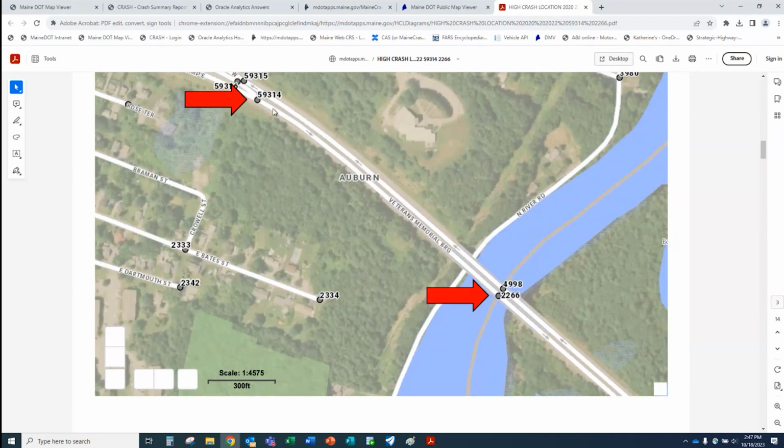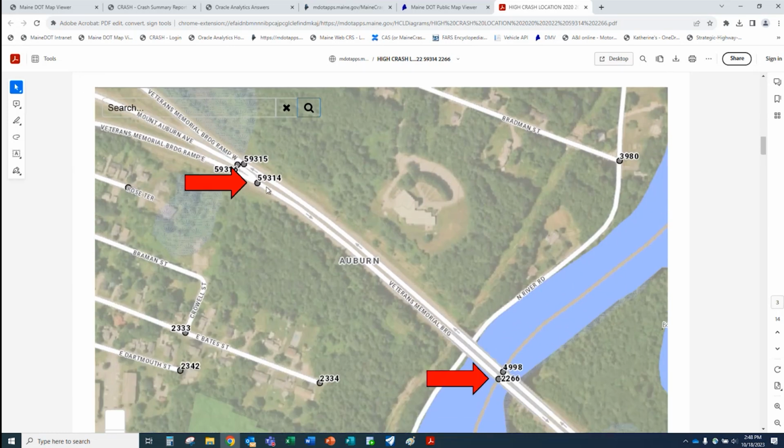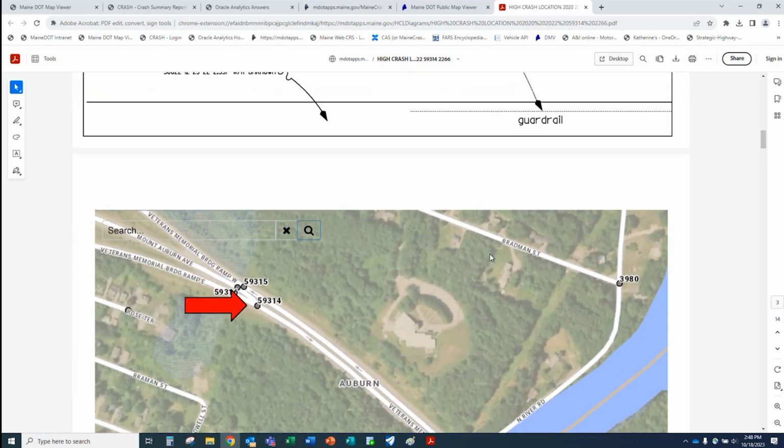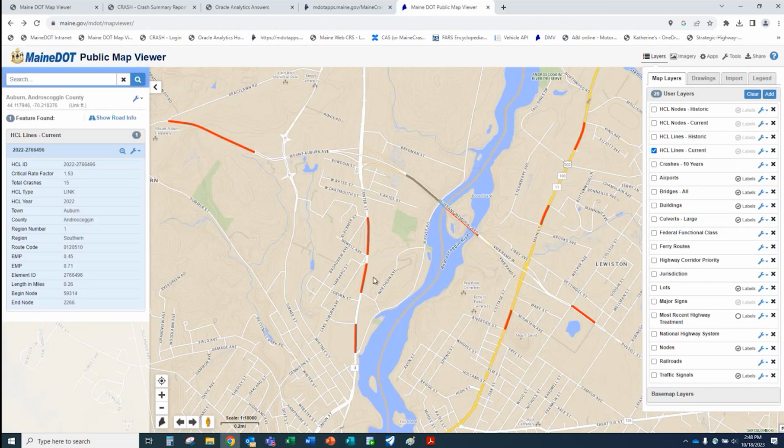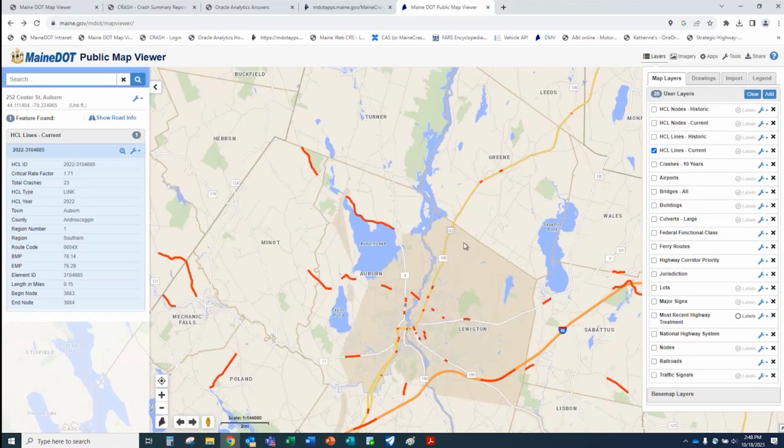And that's what I say when you get one, maybe for a high crash location that hasn't been drawn yet, you get that form that pops up. You just got to fill that out. But the important information is to know node to node. If you tell me that, I don't even need to know the town or anything else because I'll go right to that node.